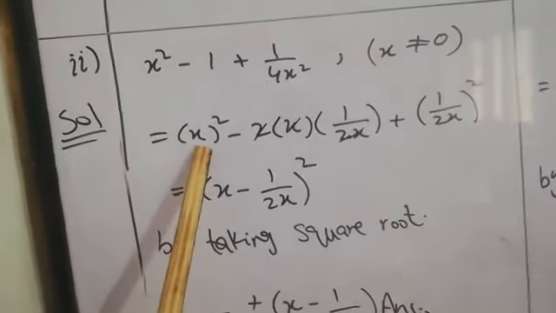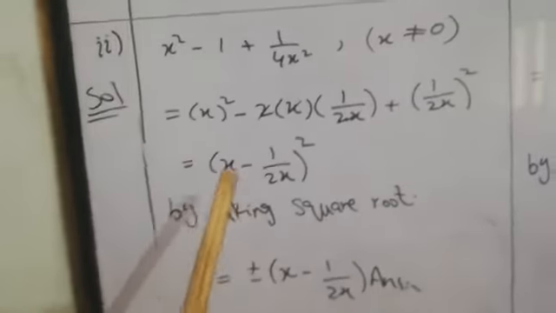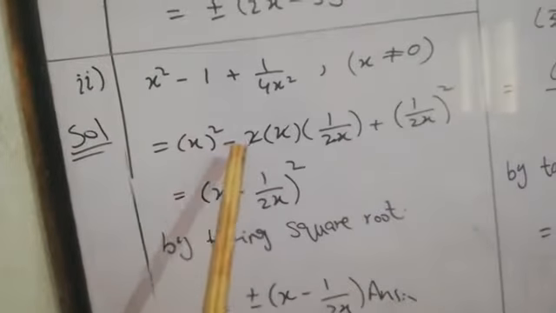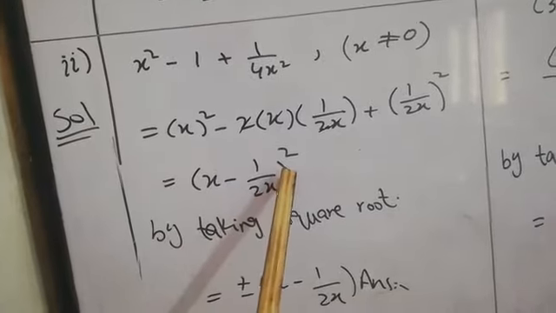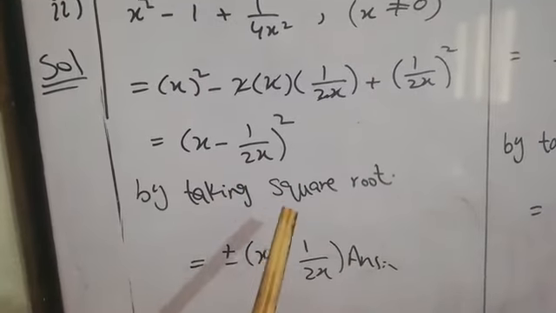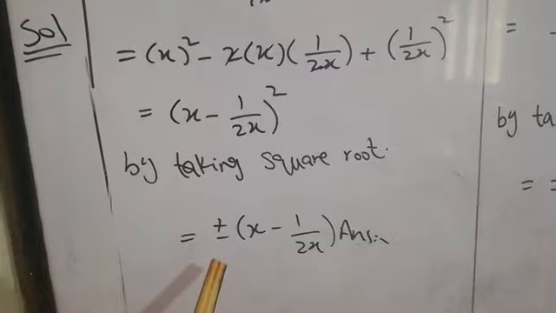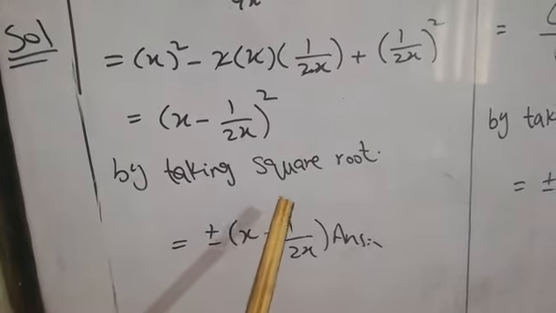So now we will write this in the form of a square. So this becomes x minus 1 by 2x whole square. Now we will take the square root and we will get plus minus x minus 1 by 2x. Part number 5,